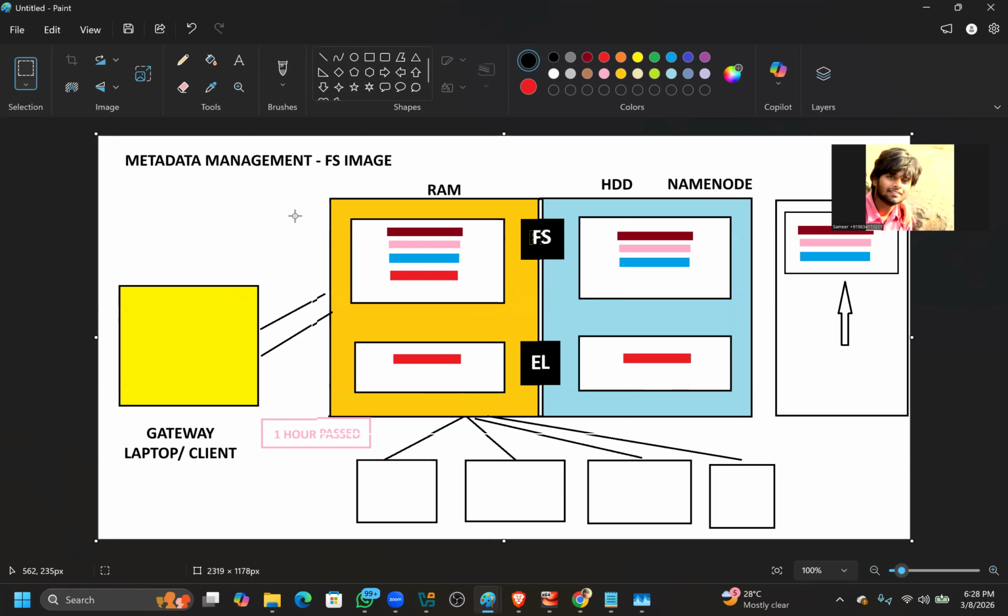Doug Cutting introduced edit logs. There is another file similar to the FS image, but that file is temporary. For 1 hour, it will keep the logs, then it will transfer them to the secondary name node, and then